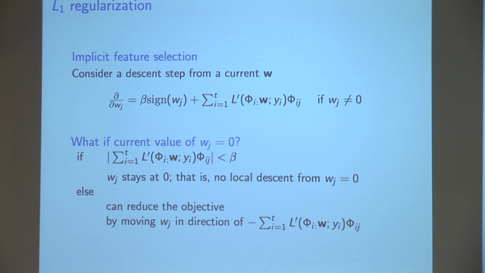And what's countering that pressure? What's countering the pressure is the loss minimization on the data. The absolute value of this term here is the partial derivative of the loss on the data. So this is the term that's trying to drive the weight to reduce training error, and this is the term that's trying to keep it at 0. Basically, it's a simple competition. If the pressure trying to keep it at 0 is greater than the magnitude of this derivative term that's trying to drive it away from 0, then you stay stuck at 0. Very non-technical description, but it's very clear why this non-differentiable point is important.